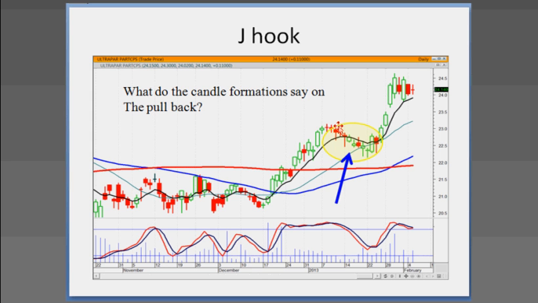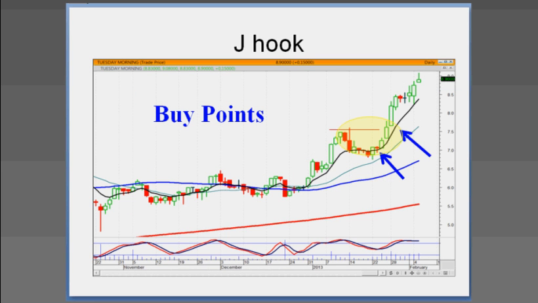So if we've got a strong price move, notice what the characteristics of this pullback are. It's very indecisive, a lot of little indecisive trading days, dojis and spinning tops, and then when it turns around after the doji, bullish confirmation, closing above the T-line, that told us wave 1, wave 2, wave 3 of this J-hook pattern was in progress. So again, this is not rocket science. This is just taking the information that the Japanese rice traders have provided for us over the last 400 years.